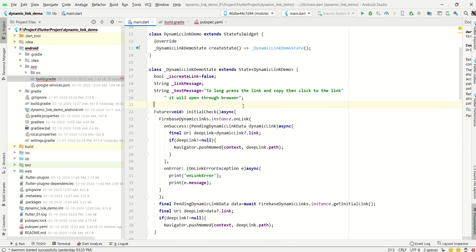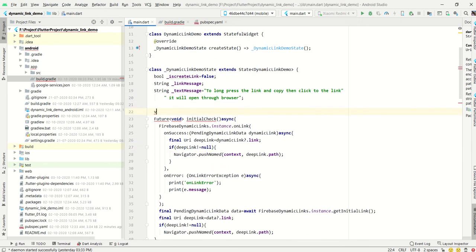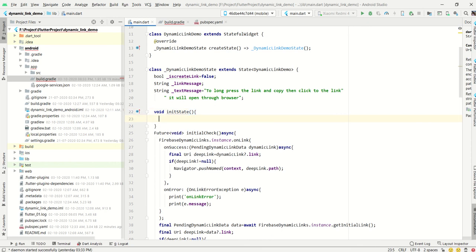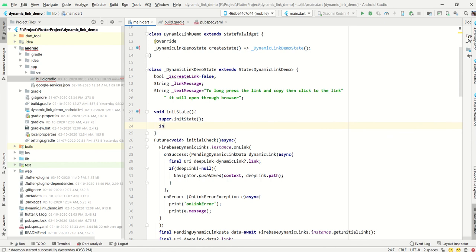Now we have to just in the init method we have to call this method, init state method is there, that there we have to just call super dot init state is there, and then after what we have to call initial check method. Done. Now I am just running it.